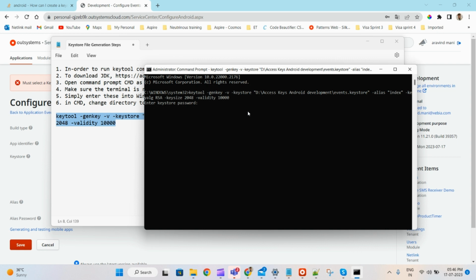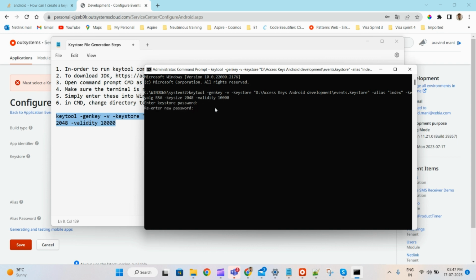In a command prompt, if you type it, it will not be visible, or it will not be known whether you typed or not. So when you press the keyboard, just make sure you pressed it and the exact password, note it down, right? So in my case I'm typing my password, but you don't know whether I'm typing or not. Let's say I have typed my password, but the cursor is on the same place. We don't know whether we typed a password or not. Now I typed it, click on enter,